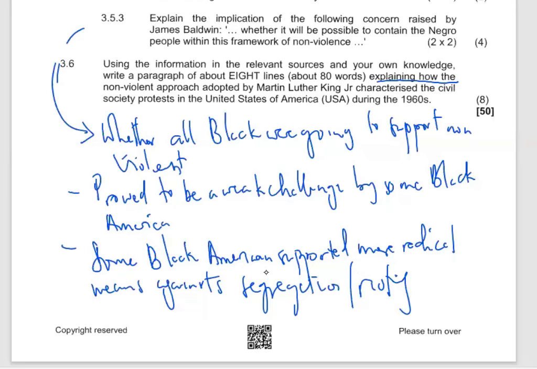So in your answer, you can explain that it became a characteristic of civil protests through the enactment of the sit-ins and also through the freedom rides. That is your answer to the question. Through Martin Luther's ideas, Black Americans got to be conscientized to engage in nonviolent protests in the form of the freedom rides and in the form of the sit-ins. Then you explain how they enacted those sit-ins and the freedom rides.